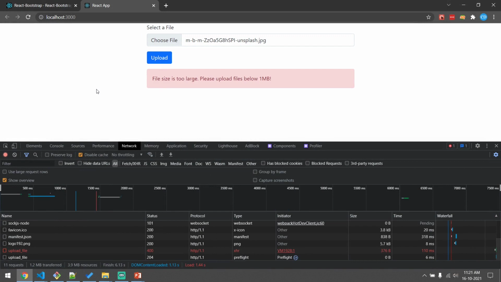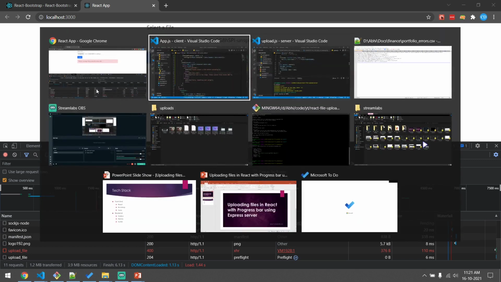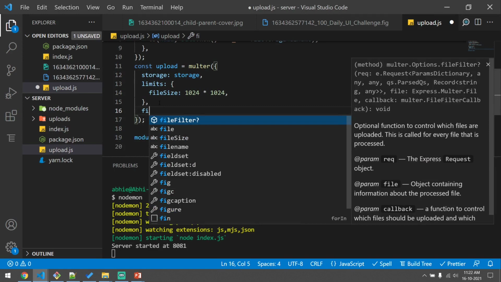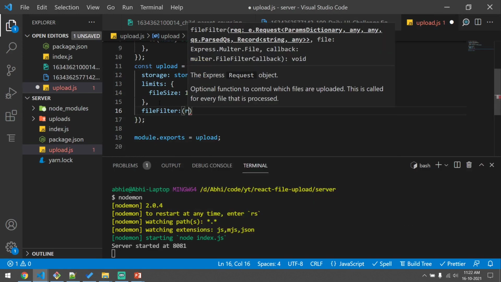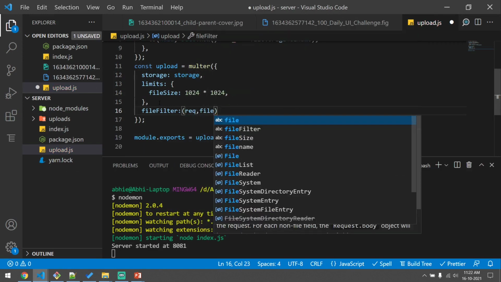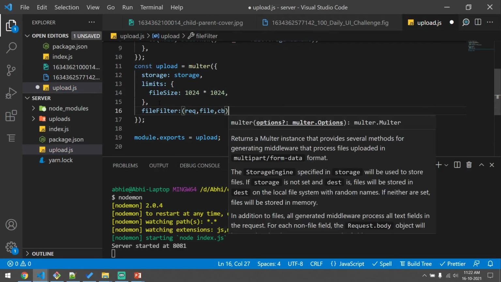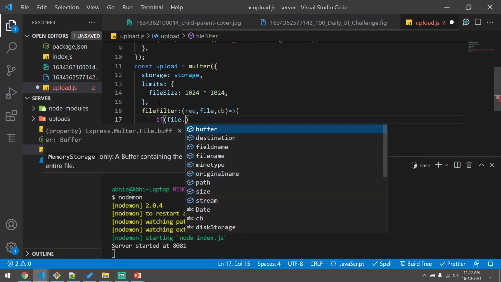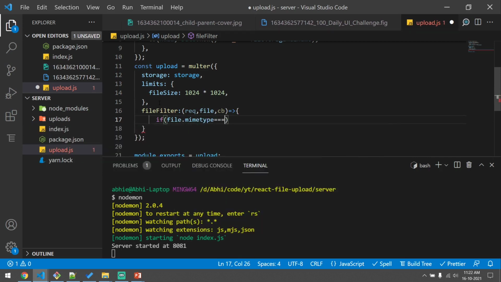The next thing will be to add file type restrictions. We can go back to the server and we can pass another option called fileFilter. This will get the request, file and a callback. So we can check the file type using file.mimetype.